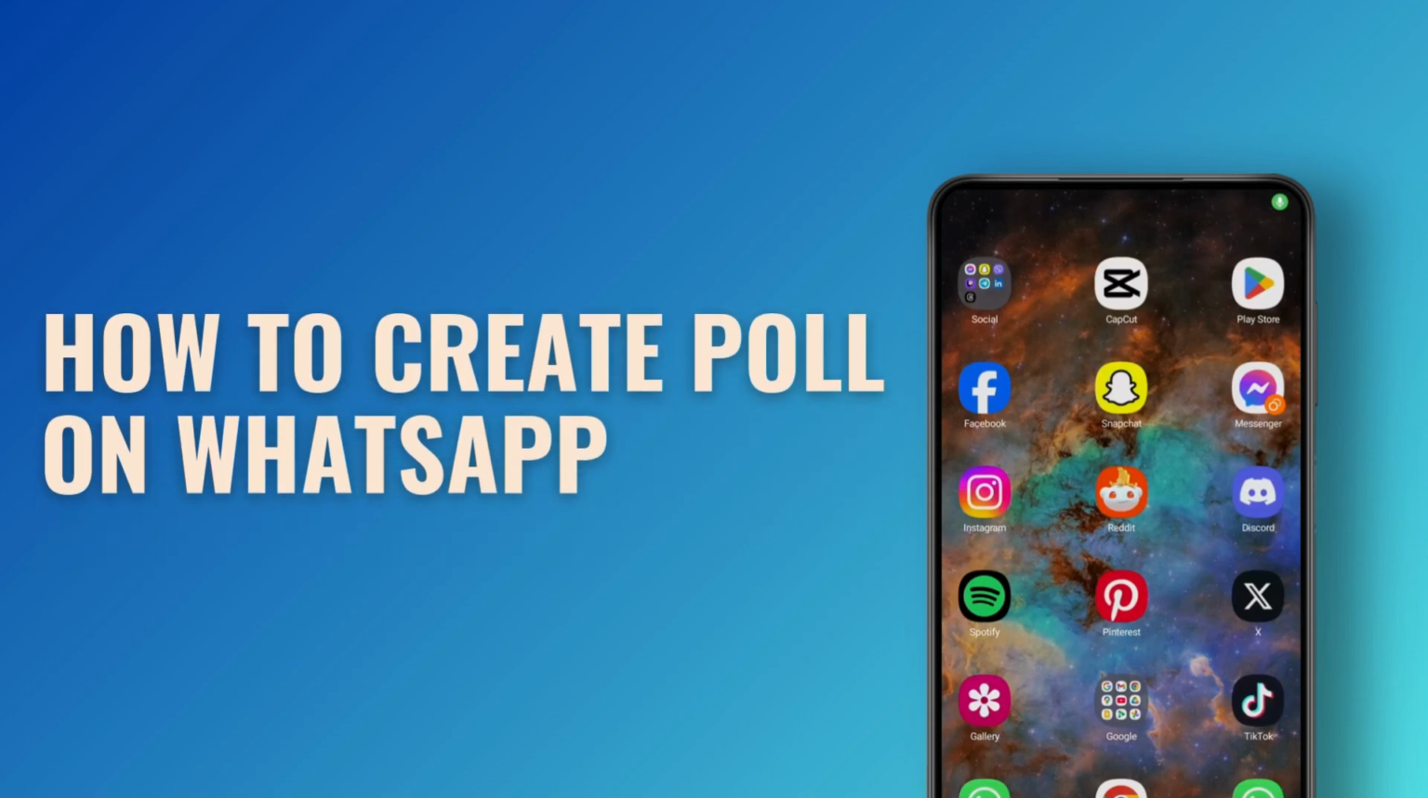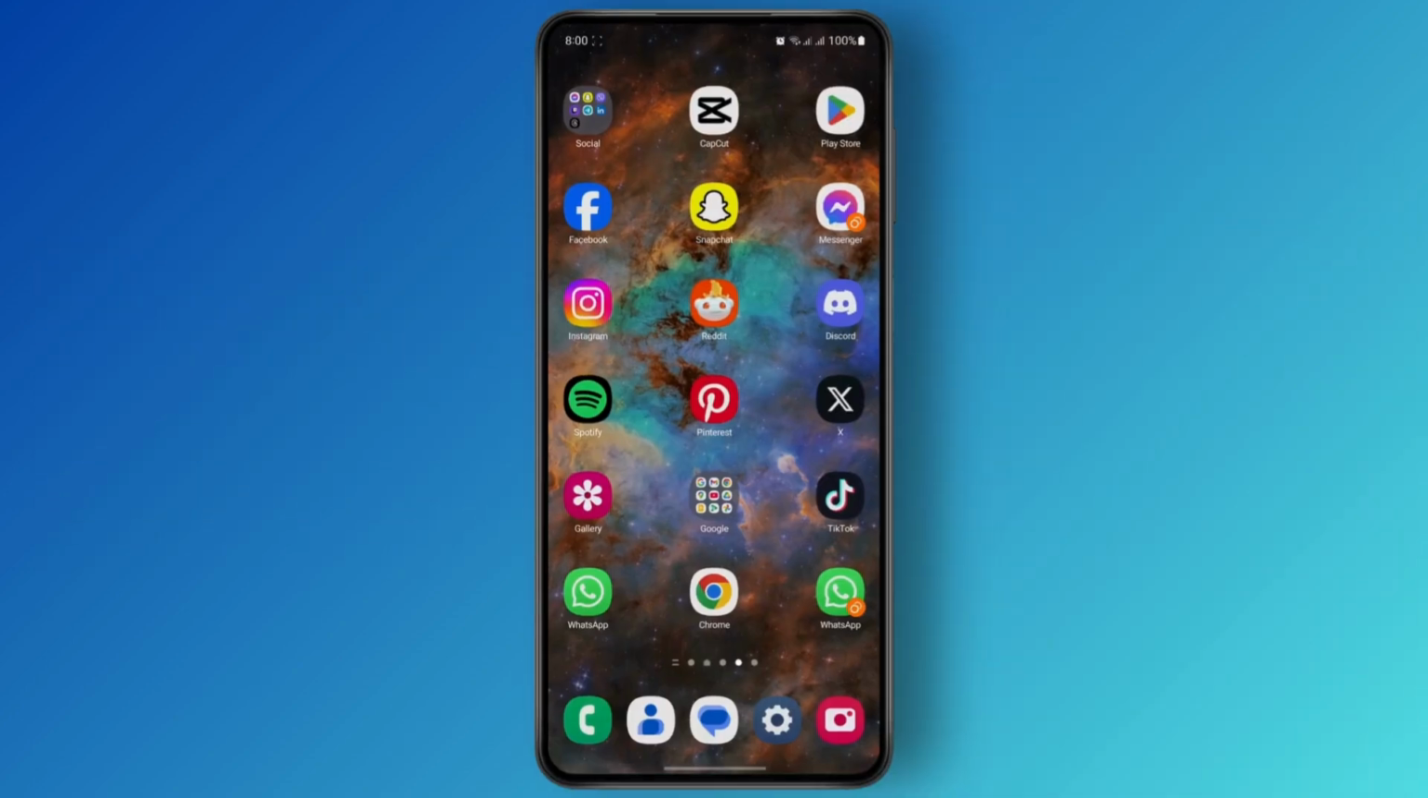How to create a poll on WhatsApp. Hello everyone, in this tutorial I'm going to be showing you guys how you can easily create a poll on